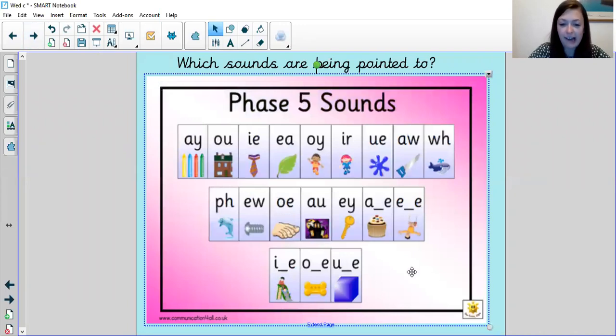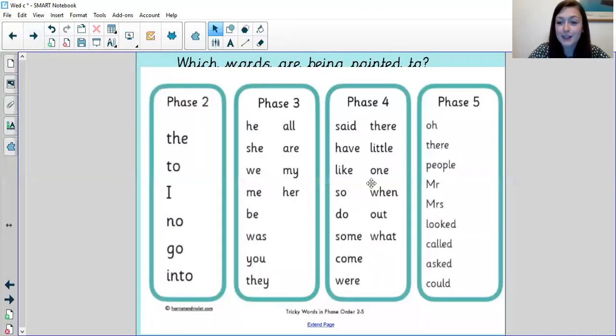Same thing. Ow, oi, or, split digraph E. Let's do some words. I, the, we, all, are, they, little, one, were, there,